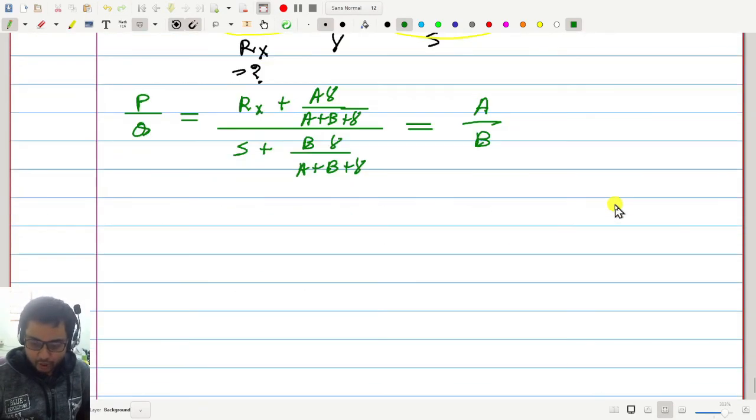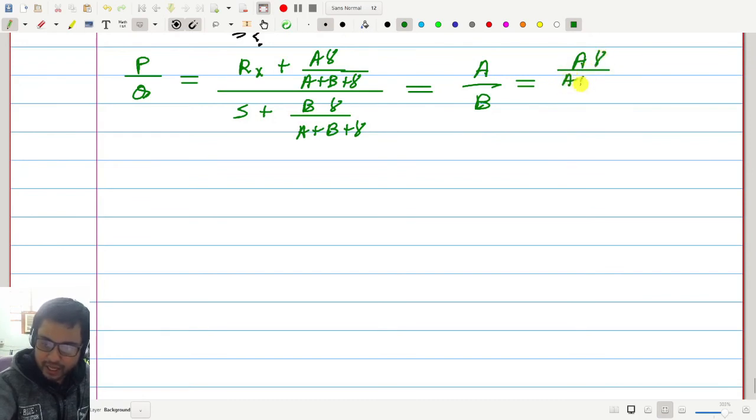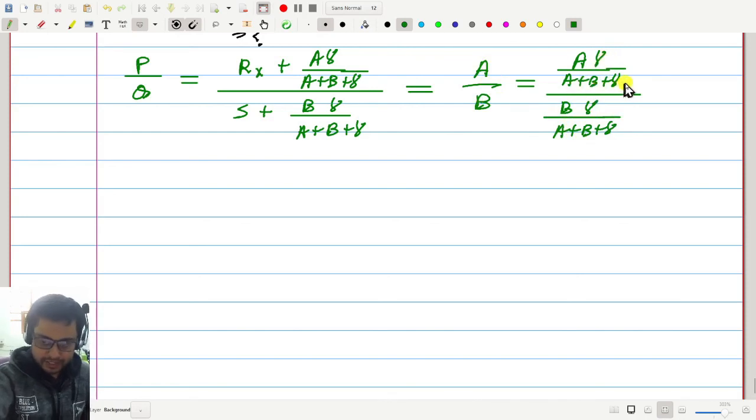Okay. Now let us simplify this. Let us start from here and simplify this. So this is equal to A gamma by A plus B plus gamma divided by B gamma by A plus B plus gamma. I am just multiplying the numerator and denominator with the same factor gamma by A plus B plus gamma. Now let us apply componendo and dividendo. So let me